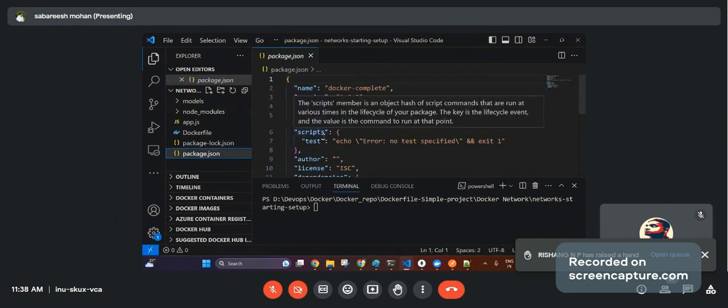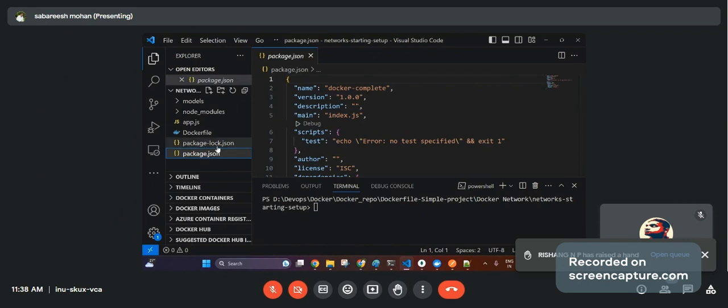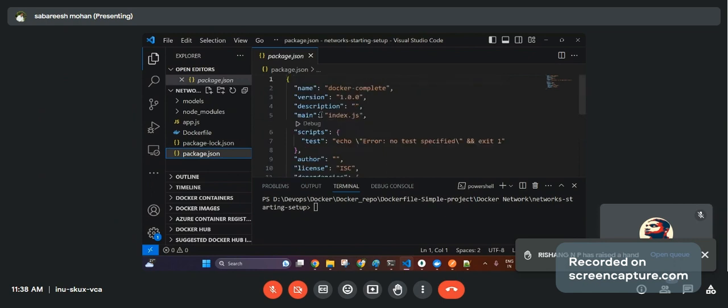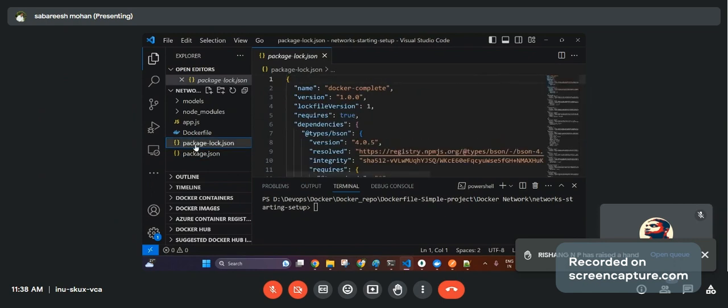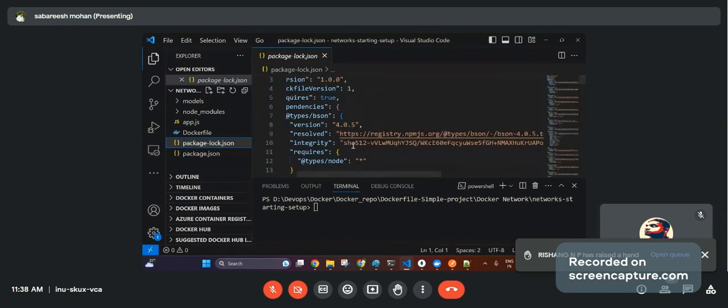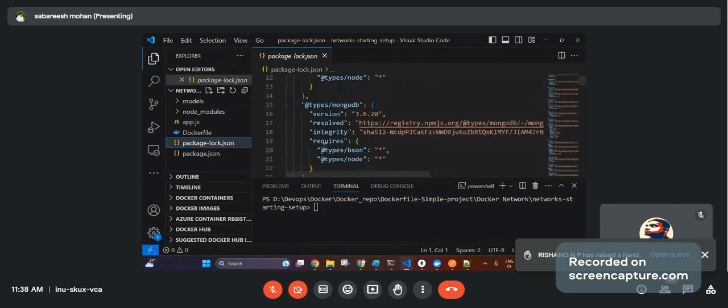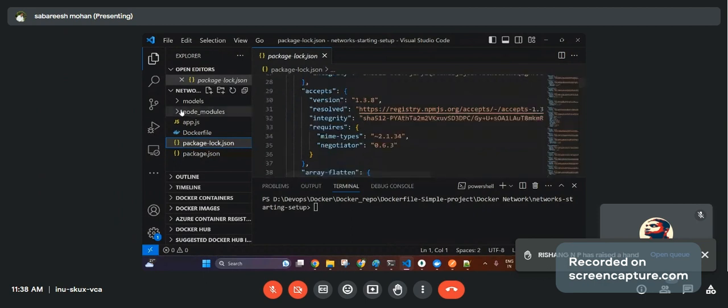I'm just going in depth. This is only for the application level. So in whatever is there in the package.json file, all those dependency files will be downloaded. You can see it is going and downloading. All these dependency files will be kept inside the node modules. Are you getting? All the dependency files which they created will be put inside this node modules.